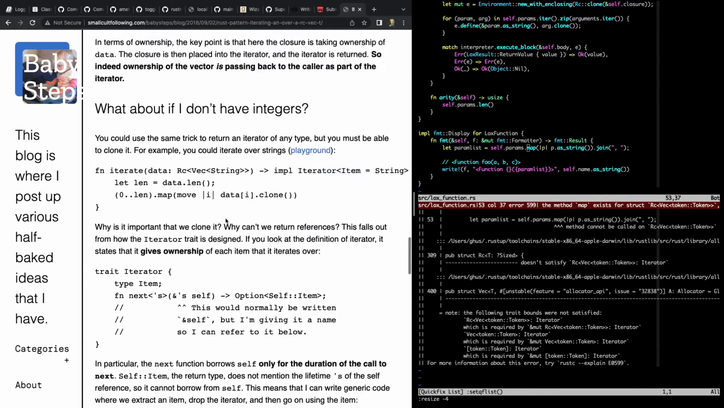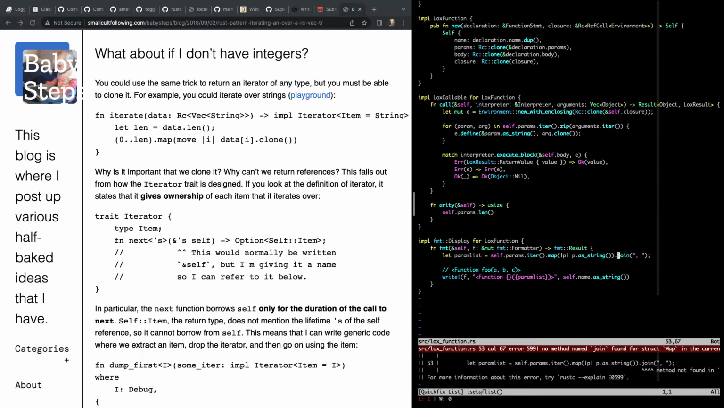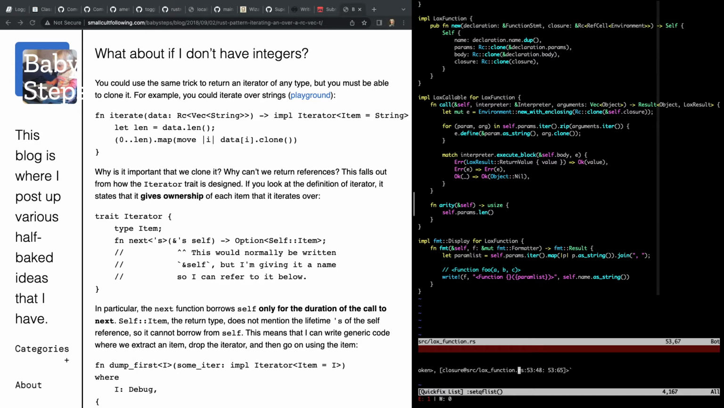If I don't have integers. Okay, so maybe I can't do this. That's annoying. Okay, we got past that. Method not found in collect as vec of string